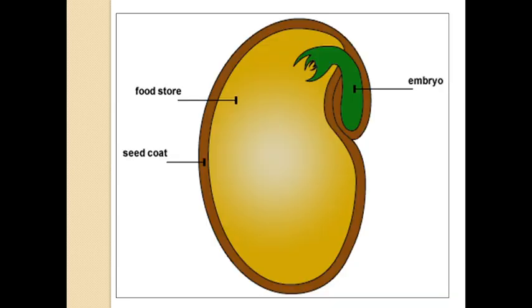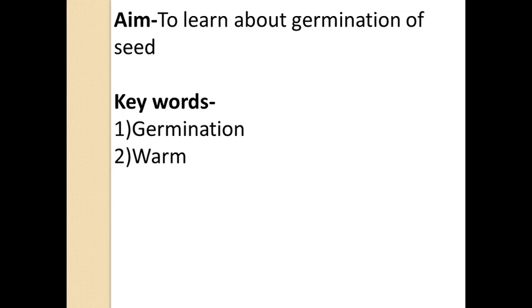Yes. In the first session we have kept one bowl of seeds for sprouting. We have done one experiment, the sprouted seeds. The result we have seen in session 2. Then in session 2 we have learned about germination of seed. See the aim: to learn about germination of seed.